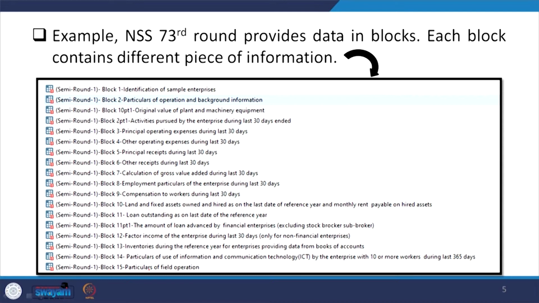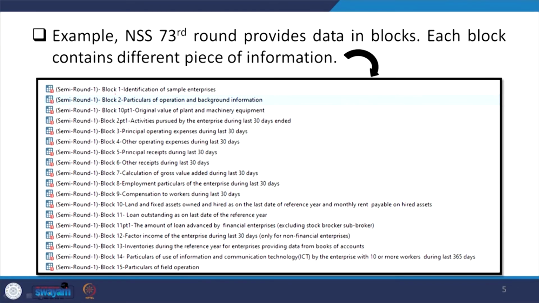Even agriculture is not included; as I told you earlier, non-agriculture, non-construction enterprises are included in this round. So each block contains a different piece of information. Now please mark, I have already shown you during the data availability and data explanation lecture. You can go back to that lecture and find out.